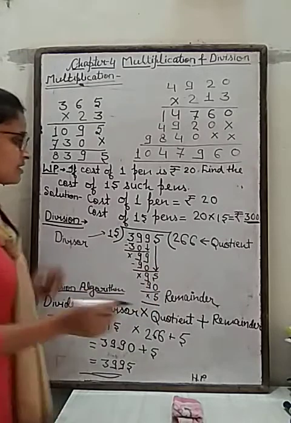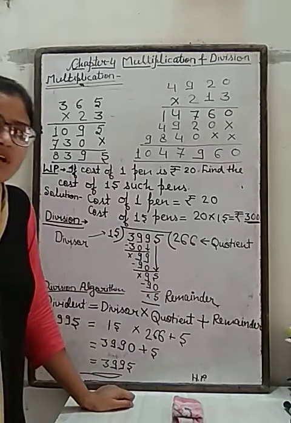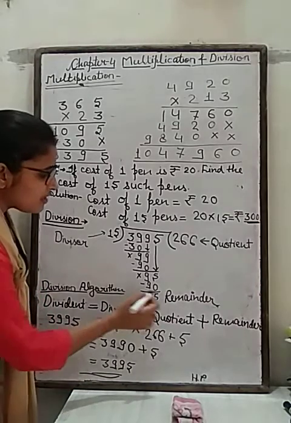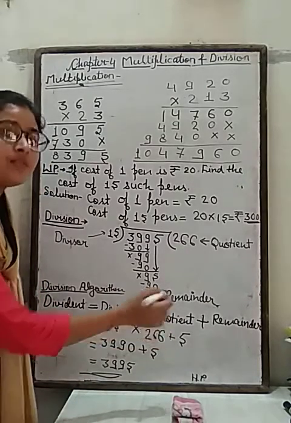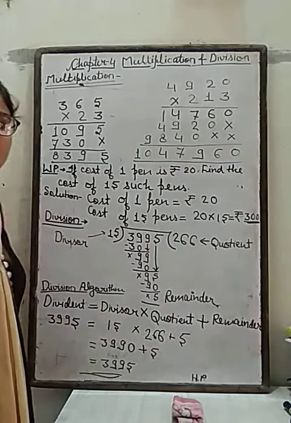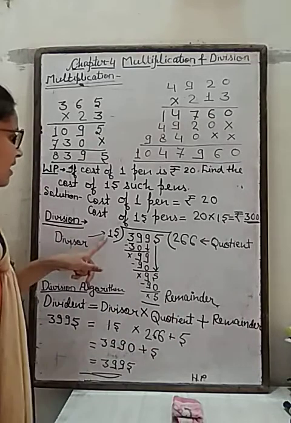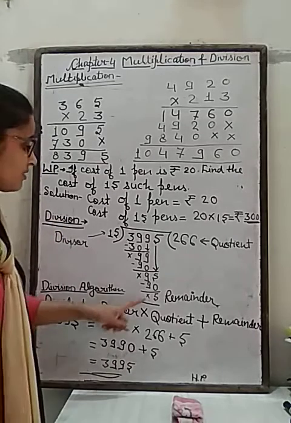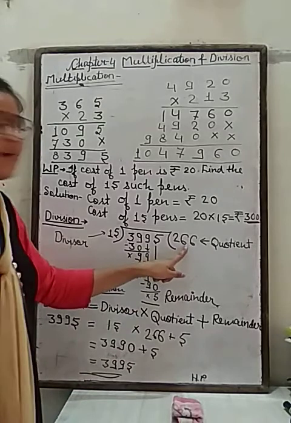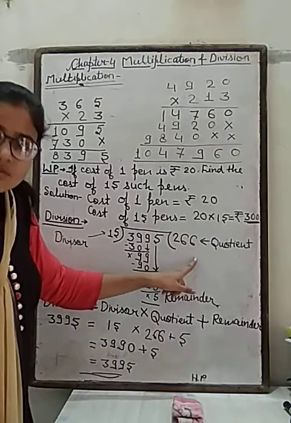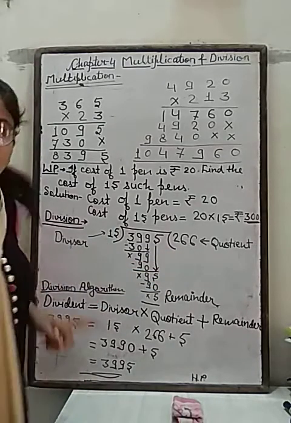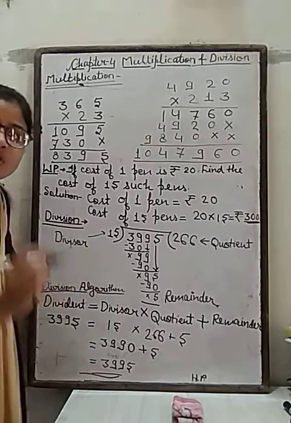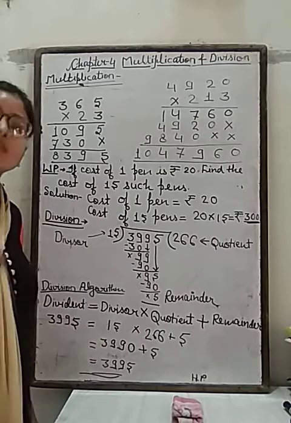Now just identify the terms known as quotient, divisor, dividend, all that. The remaining digit at the last is known as remainder. डिवाइड करने के बाद लास्ट में जो डिजिट बचती है जिसमें दोबारा हम डिवाइजर का डिवाइड नहीं दे सकते, that is known as remainder. So here 5 is remainder. जितनी बार हम डिवाइड देते हैं that is known as quotient. और जिसका डिवाइड देते हैं that is known as divisor. डिवाइजर means डिवाइड देने वाला.